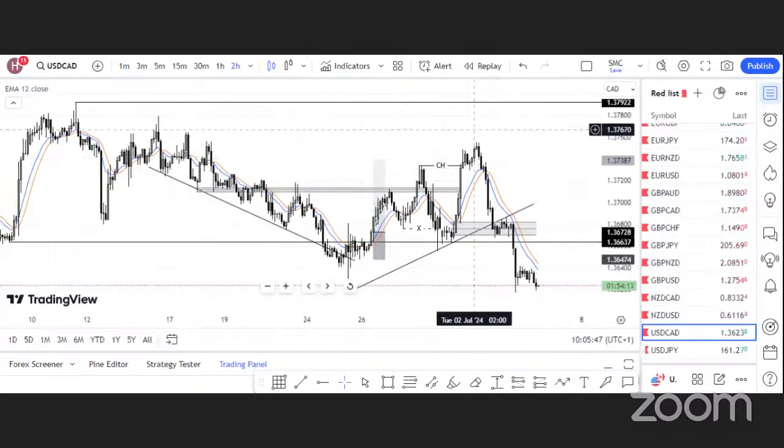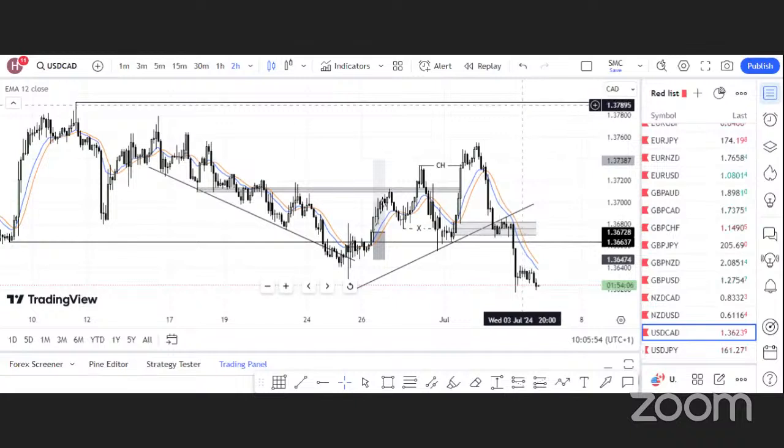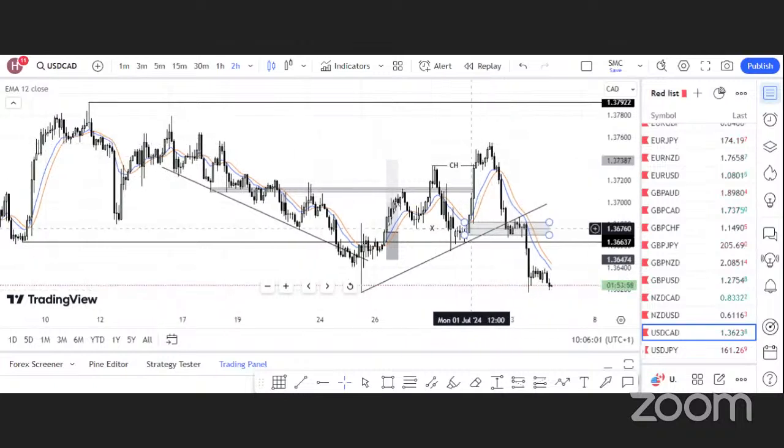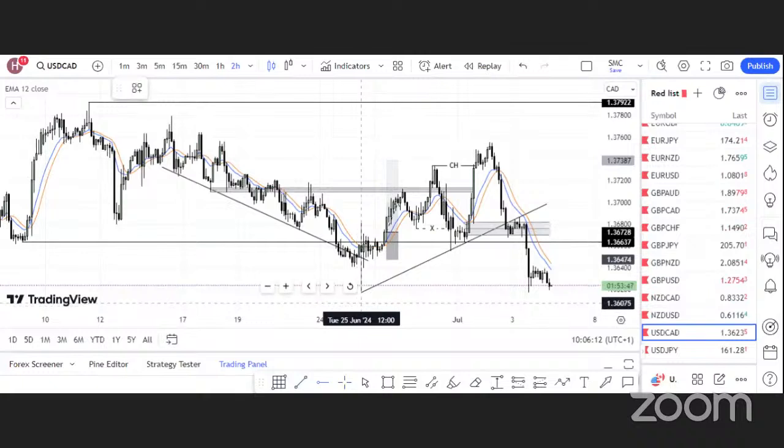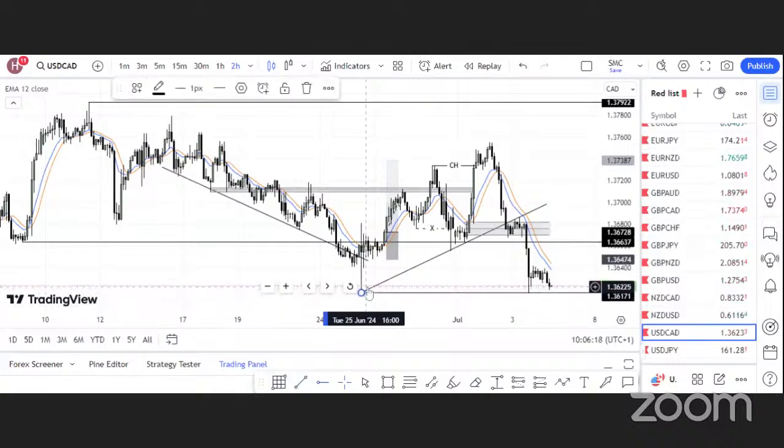All right. So before we can start looking for buy opportunity, the market would have taken out, let's say, this high. Okay, this is not a valid high yet because we don't have a low. Let's see. Yes, we don't have a low. What we have is equal low. All right, so that's what the retailers call double bottom. Okay, so what we have here is equal low, and I think the market is going to take out this equal low because when we have equal low,